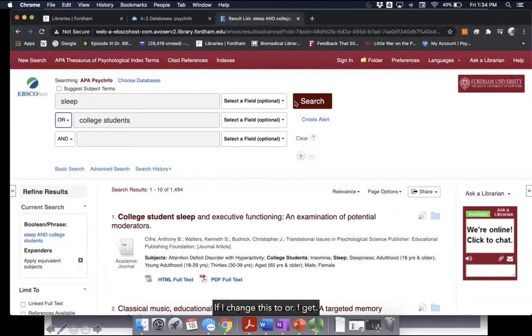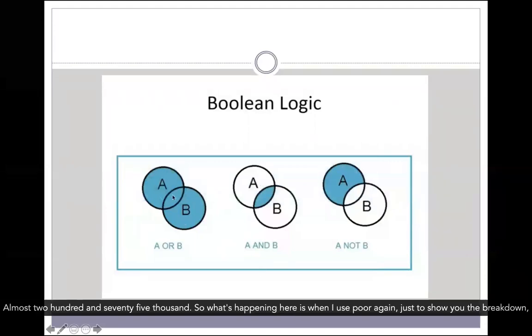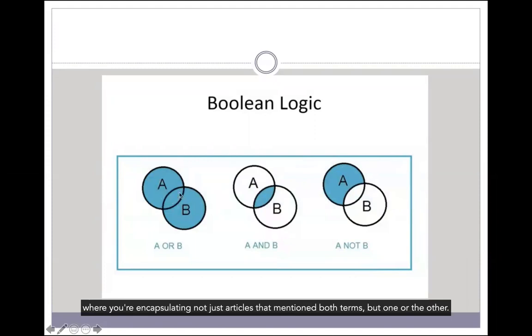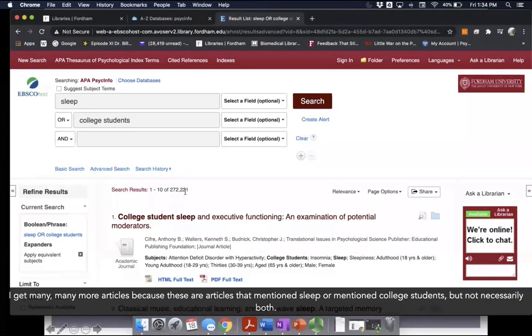If I change this to or, I get almost 275,000. So what's happening here is when I use or, again, just to show you the breakdown, you're encapsulating not just articles that mention both terms, but one or the other. I get many, many more articles because these are articles that mention sleep or mention college students, but not necessarily